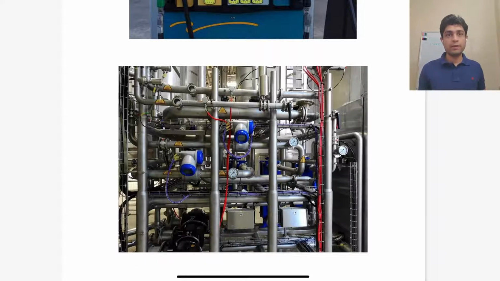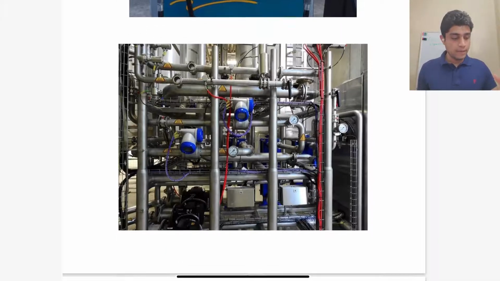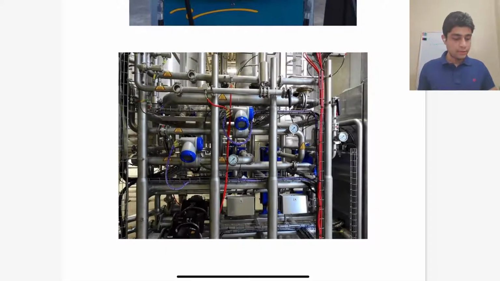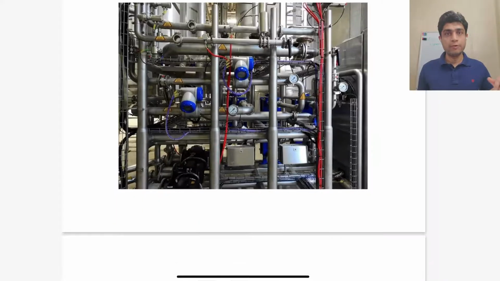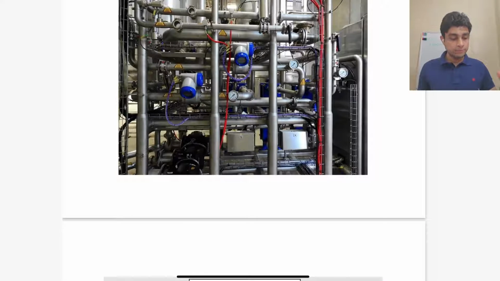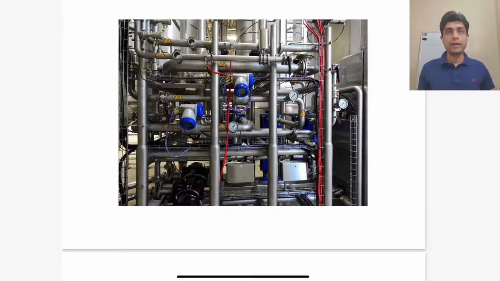And to do that, we must first be able to measure the flow rate. So this is where various flow measurement principles are useful to measure and calculate the flow rate accurately. In this lecture, I'll be familiarizing you with different methods of flow measurement and different flow meters and